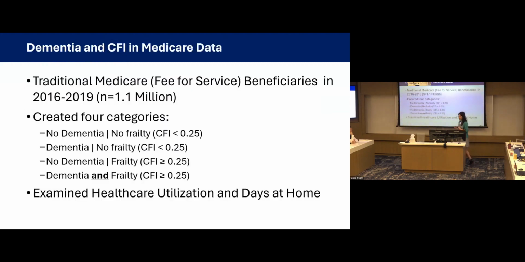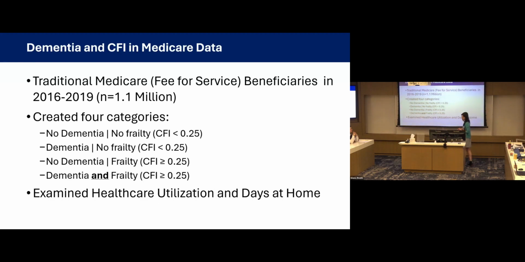And then the last thing I'll point out is that we do recognize there's definitely an overlap in these. This is just using fee-for-service traditional Medicare data. We've created 4 categories here. The first is those that have no dementia or frailty, the healthy population. Then there's a category that had dementia but no frailty; you could think of people who maybe have mild dementia. The next category is those that just had frailty, no dementia, at least within Medicare. And the last is the overlap population.